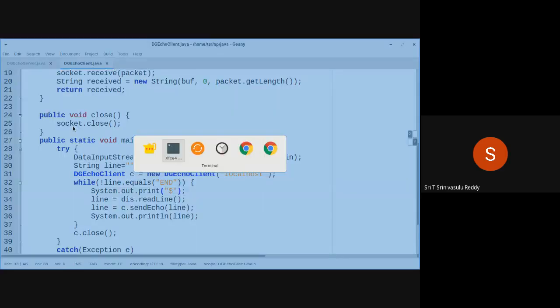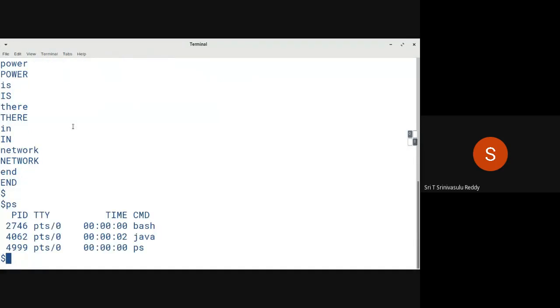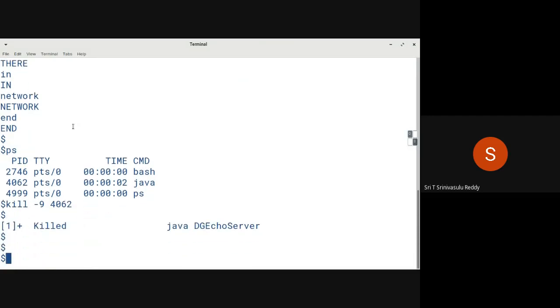Now we can compile and do all that. So first we have to terminate the existing thing. 4062 must be terminated, so we say kill -9. The existing server you are removing. Right? So that is it.